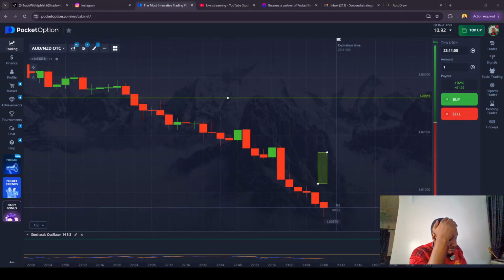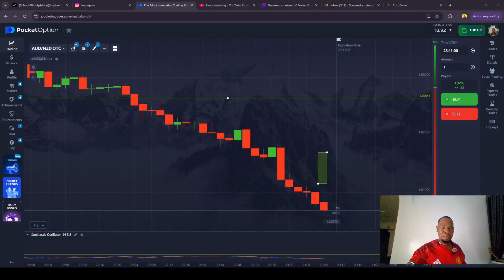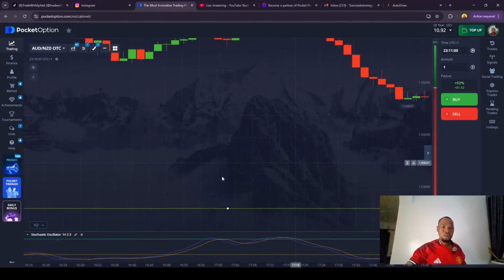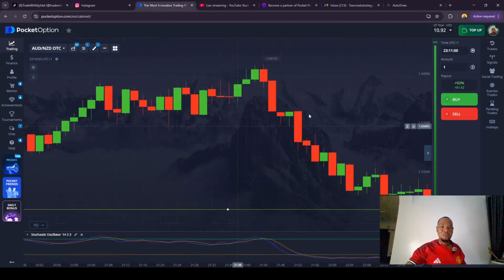You don't need whatever has happened in the past 9 hours, because at the end of the day, you're not going to be holding your trade for 9 hours. You only want to hold that trade for 2 minutes, which is your expiration time. So you don't need to go to the back. You don't need the history